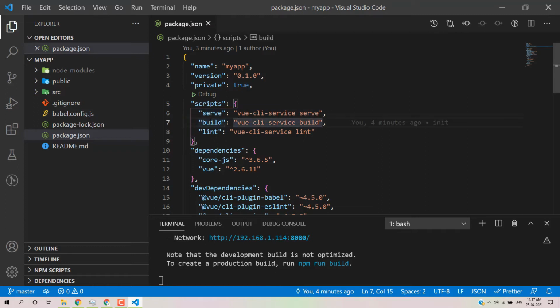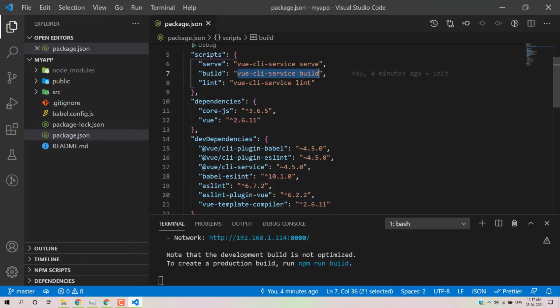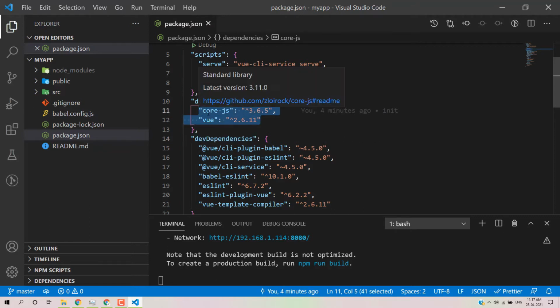Then we have dependencies, and we have two sections, devDependencies and dependencies. DevDependencies are used for development purposes, and dependencies are for the production application. Let's say I have created a final website. The final website has dependencies, and during development you need this other type of dependency.